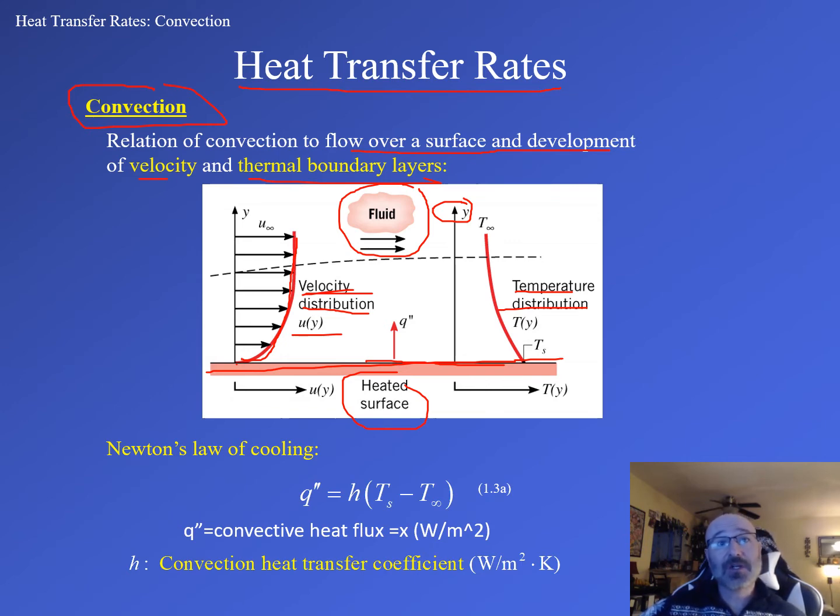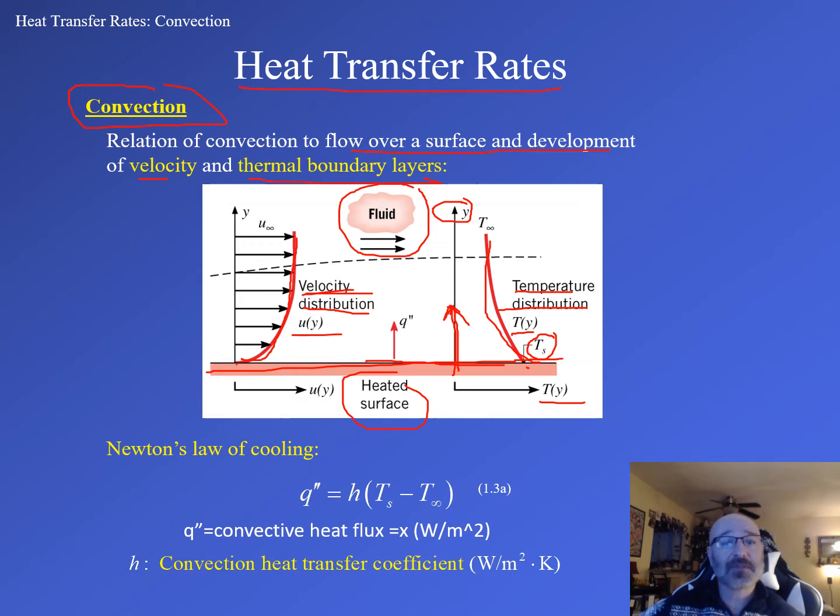from our heated surface. Now we go over to the right here and we have our temperature distribution, our T of y. We can see as we go up in the y direction, further away from our heated surface, our temperature is going to decrease following that curve there. So we have our surface temperature of our heated surface, T sub s. Our T of y is going to be a function of this y distance away from that